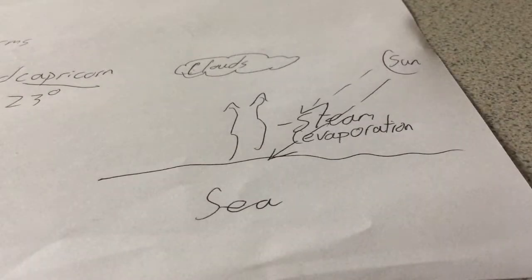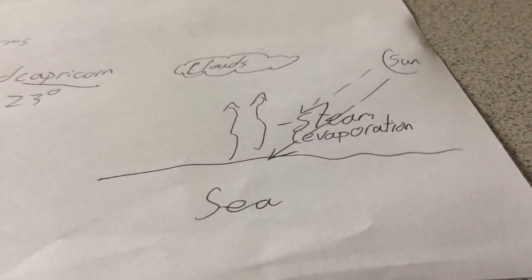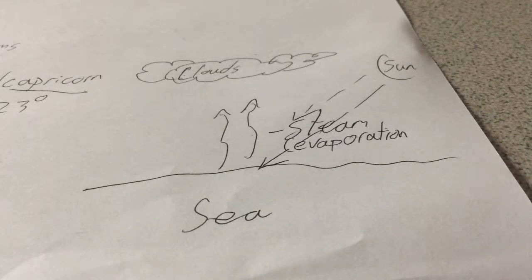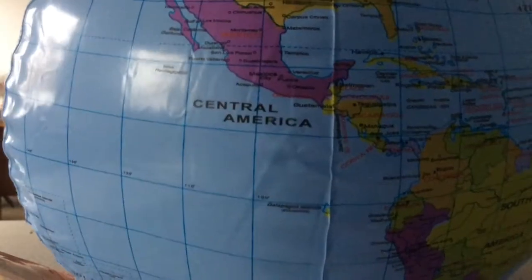Now that we know the storm's basic requirements, let's move on to how they form. The sun beams onto the sea, causing the sea to heat up, causing the surface of the sea to evaporate. This creates the clouds, which is the first stage of the storm. This process continues, allowing the clouds to build up until it is affected by the Coriolis effect. The Coriolis effect is caused by the rotation of the Earth.